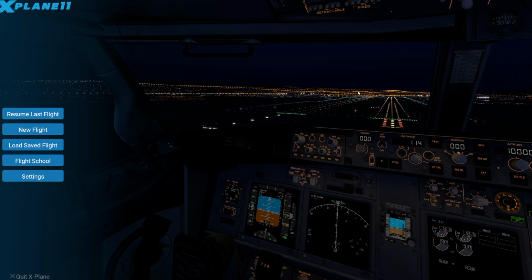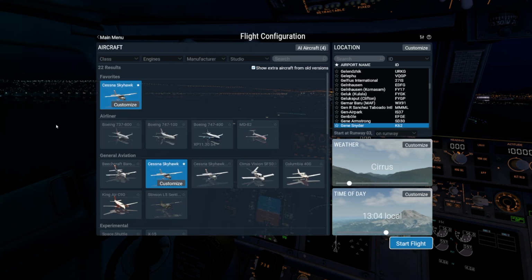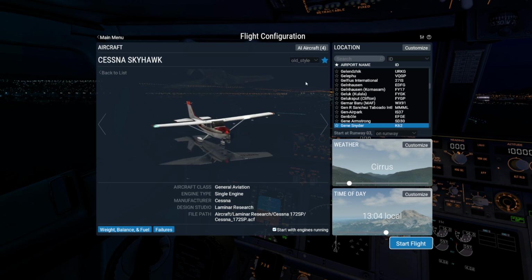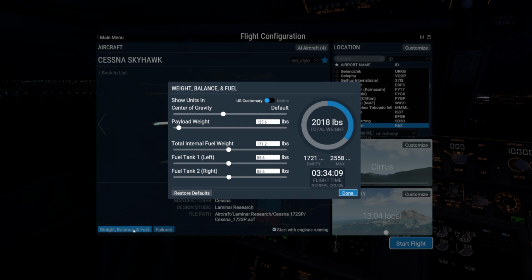We'll begin on the home page, and we'll head on over to a new flight. For simplicity today, we're going to keep it in the Cessna 172 world. So we'll go ahead and double click on there. And we can quickly change our skin, if you will, just to mark our airplane to edit features on. So here on the weight and balance and fuel, you can see a graphical representation of the default